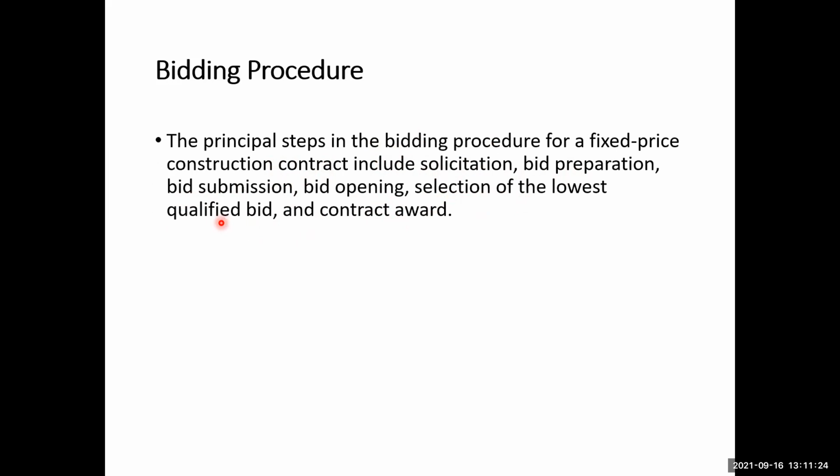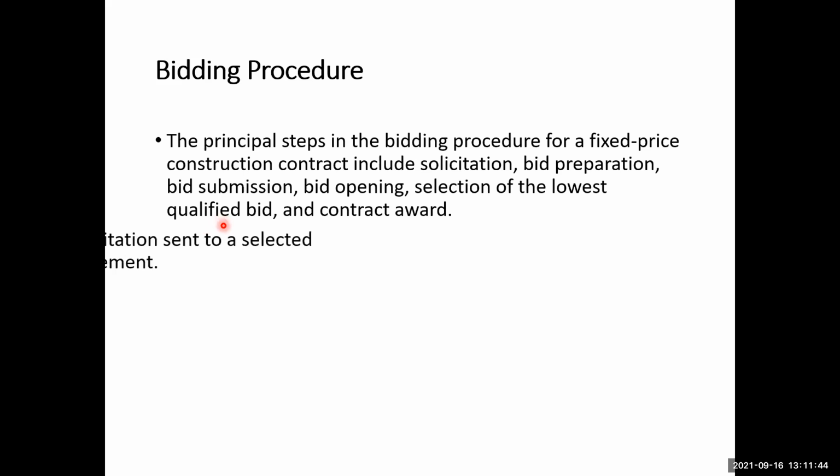But in the private sector projects, this may or may not be the criteria, because the private sector is free to choose any bidder. But in the government sector, since the public fund is involved, it is generally the practice that the lowest qualified bidder is